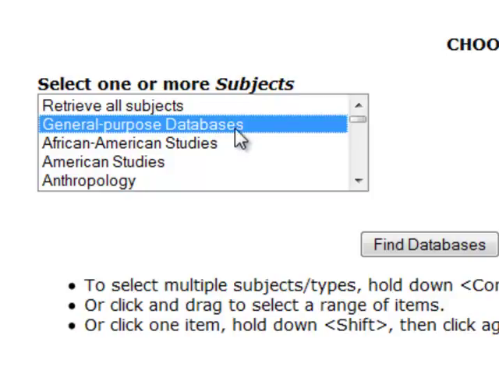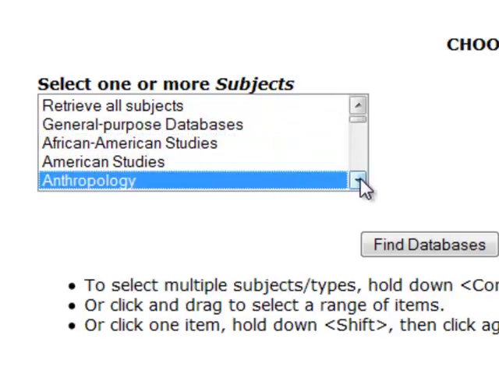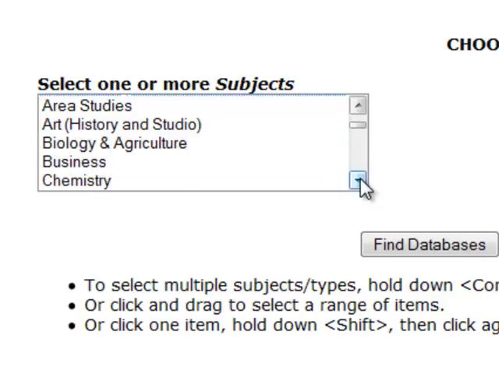But another thing that you can do is ask yourself, what is the broad topic of my paper, or what class am I writing the paper for? And if you scroll down through select one or more subjects, you'll see we have lots of different subjects you can choose from. The UA Libraries subscribe to literally hundreds of databases. So you can see we have things like African American Studies, we have Anthropology. Going down a little further, you can see that we have Business,